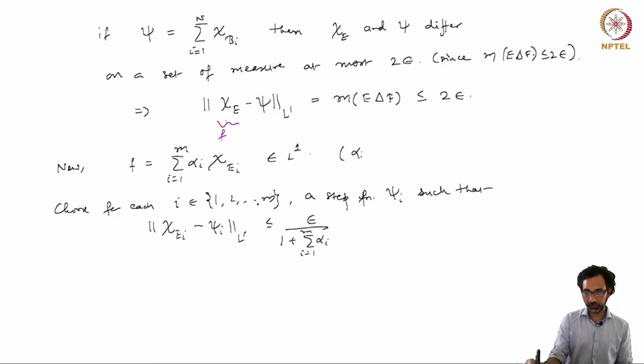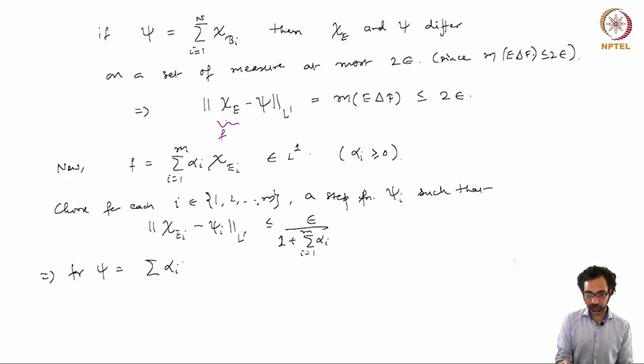Here note that the alpha i's are all positive real numbers and the Ei's are disjoint measurable sets, because f is a simple function. So if we choose our Ci for each i such that this L1 norm is less than or equal to epsilon by 1 plus the sum of all these alpha i's, then we have